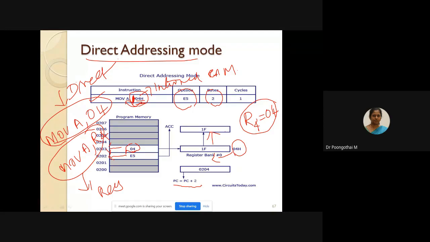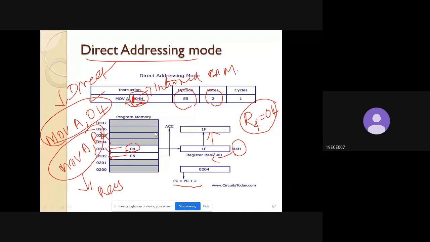So when this instruction is executed, the accumulator is made active and ready to receive the data, and program control goes to the next address, that is 0203. Then it looks up the address of the location, that is 04. It will check the content of 04. At 04, the control finds the data 1F and transfers it to the accumulator. Is that clear?